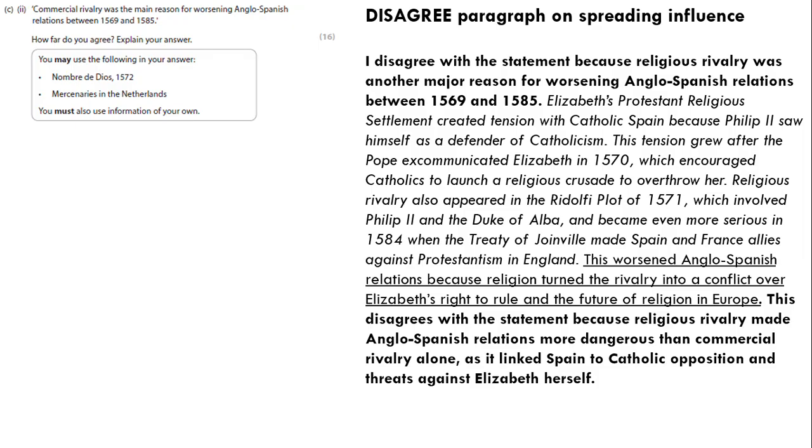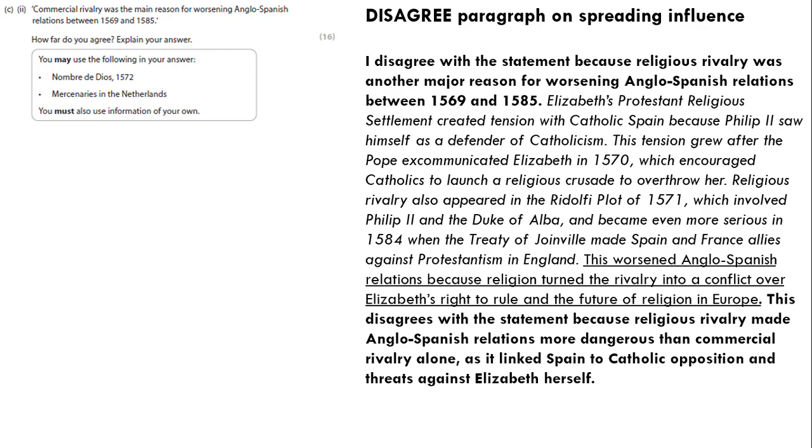Elizabeth's Protestant religious settlement created tension with Catholic Spain because Philip II saw himself as a defender of Catholicism. This tension grew after the Pope excommunicated Elizabeth in 1570, which encouraged Catholics to launch a religious crusade, key terminology, to overthrow her. Religious rivalry also appeared in the Ridolfi plot of 1571, which involved Philip II, the Duke of Alba, and became even more serious in 1584 when the Treaty of Joinville made Spain and France allies against Protestantism